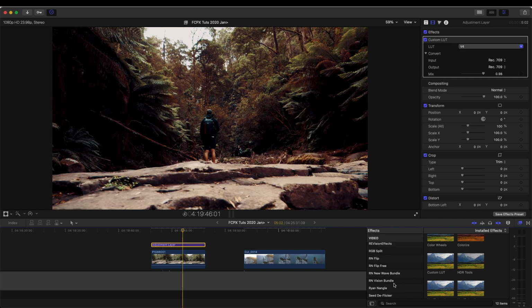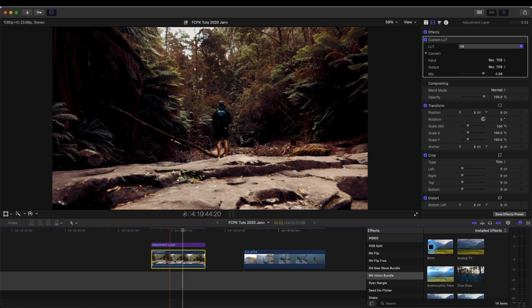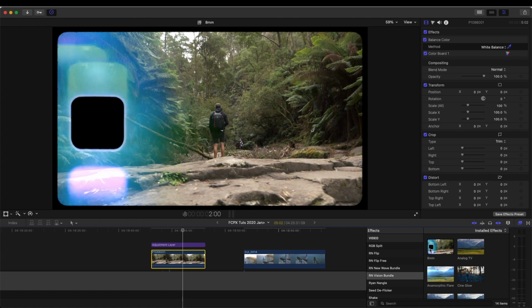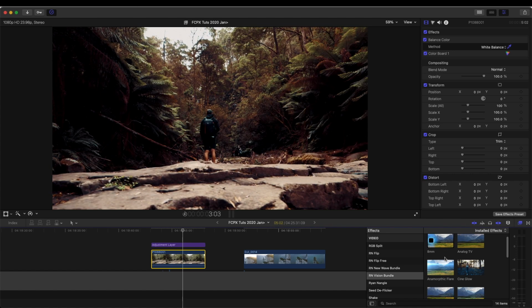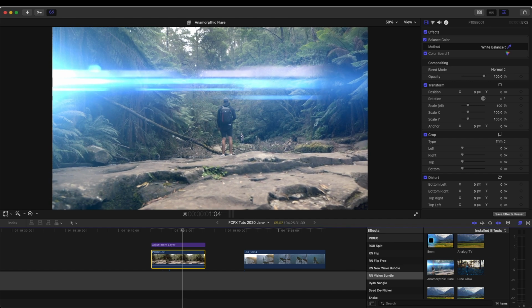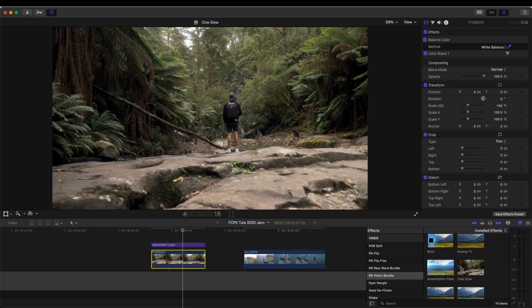So if I go to my effects and go down to RN Vision Bundle, you just want to select your video clip and then you can preview each effect. And all of these effects have different variations within them, and they're fully customizable. So we have the 8mm effect, analog TV, anamorphic flare, Cine Glow,